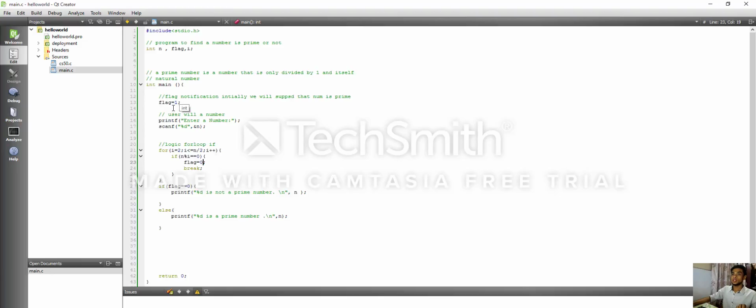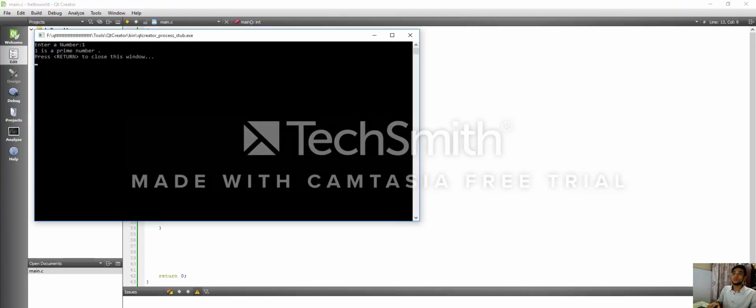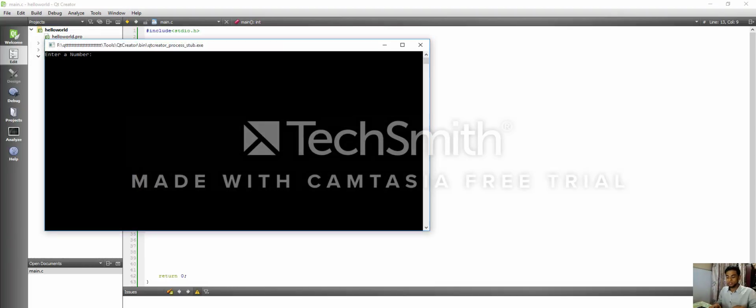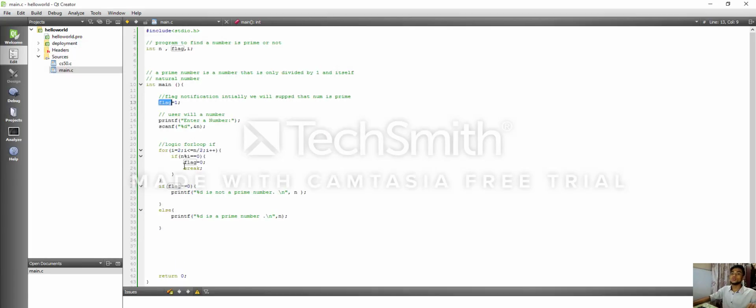Then there are two things we have. If flag equals 1, or flag equals 0. If 1, then it's a prime number. If 0, it's not a prime number. But there is a problem. When we type 1, it says 1 is a prime number, but 1 is not a prime number. When we type 0, it says 0 is a prime number, but 0 is not a prime number,